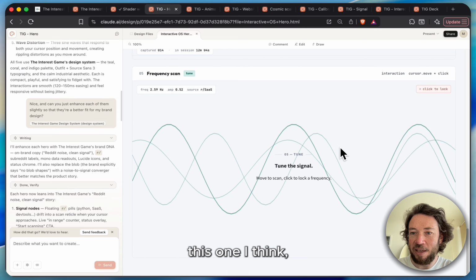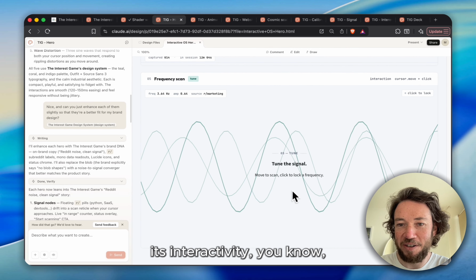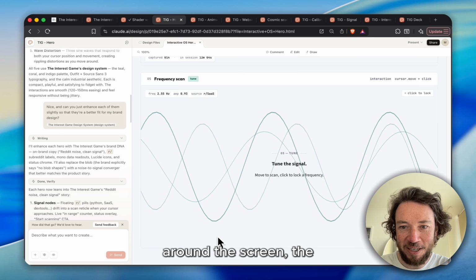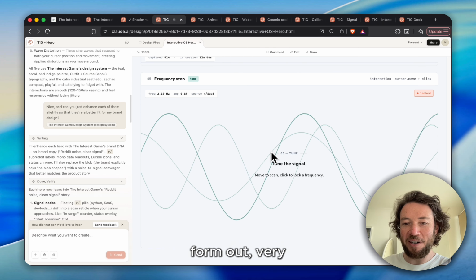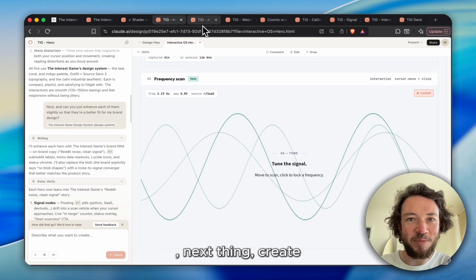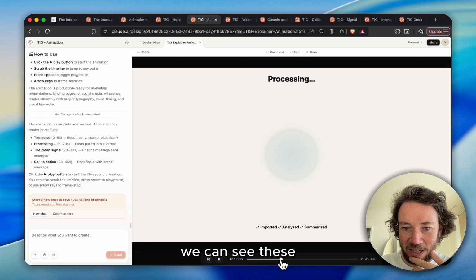And then this one, actually, I just love for its interactivity. You move around the screen, the waves come when you're happy, you click it, and it stays in that format. Very simple, very interactive. So next thing, create some videos here so we can see